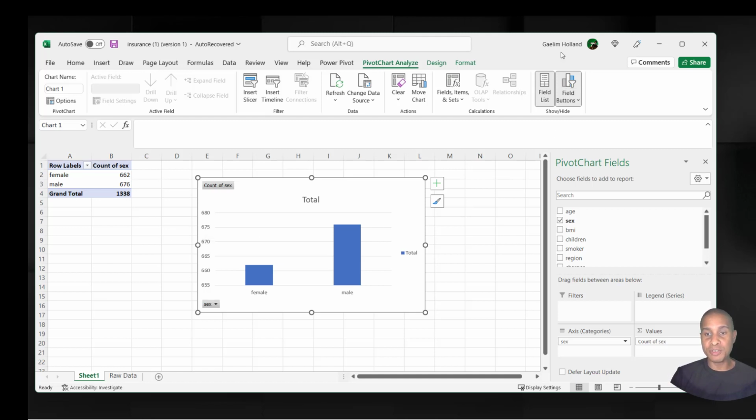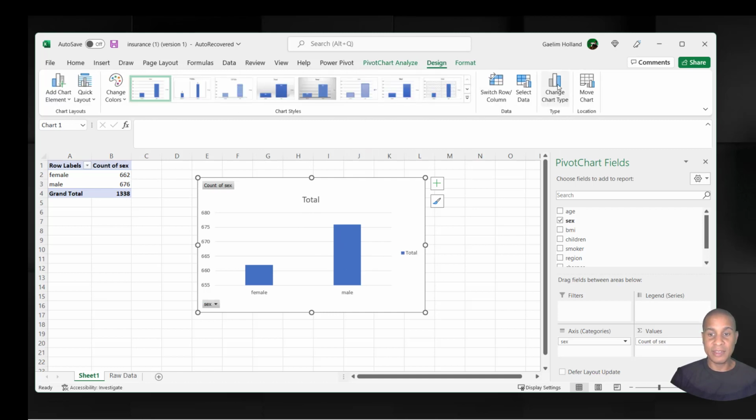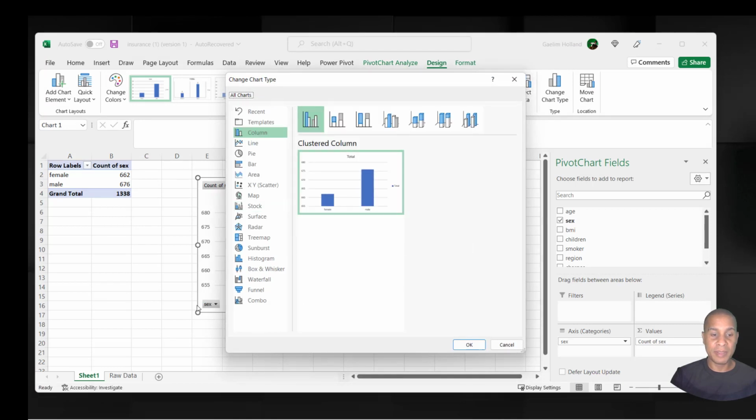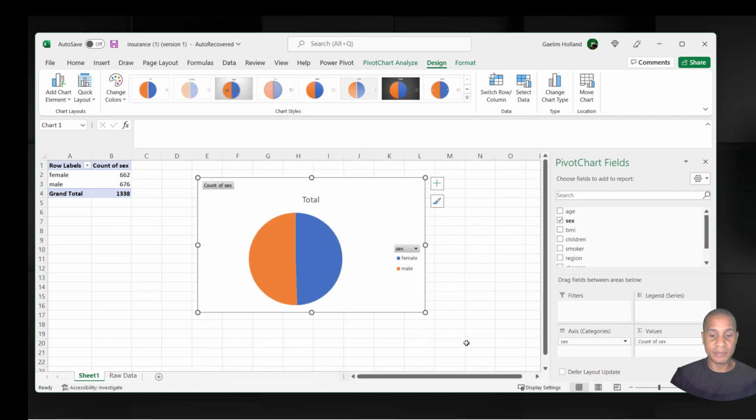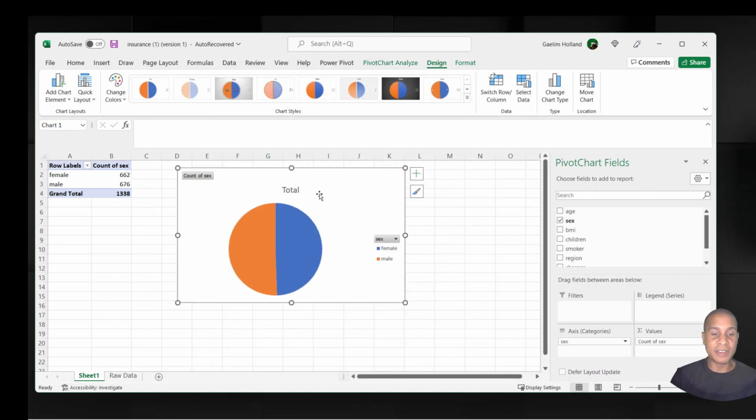So I'm going to take this, click on the visual. I'm going to navigate up to design, then go over to change chart type. Then I'm going to go over to the pie chart. So I want that pie chart, and the main thing I want to be able to do is look at